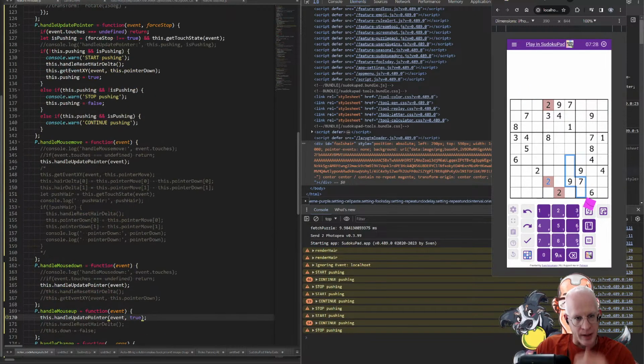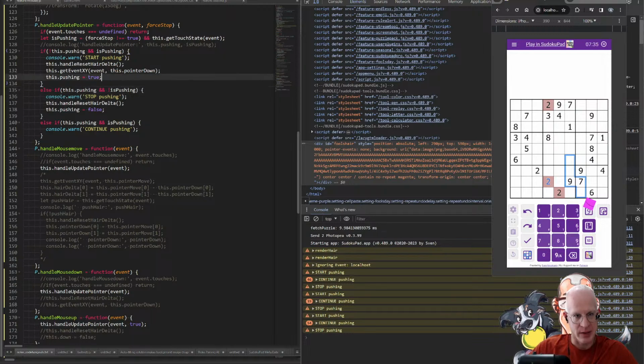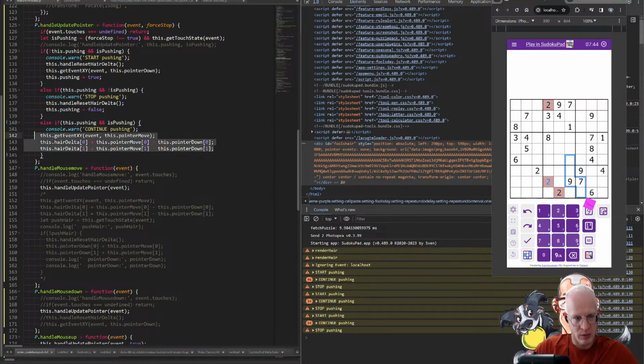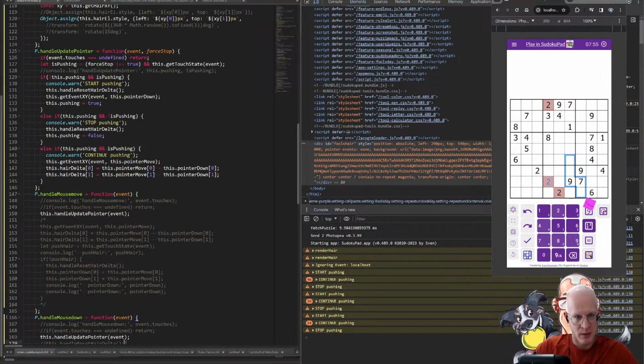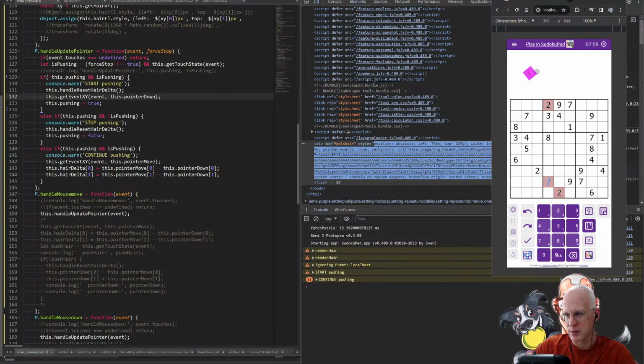Okay, and now we basically have to move all this stuff in there. So we'll do a reset delta here, and we'll do a handle reset delta here, and continue pushing. We'll do these things, right? And we do a reset on stop, and start pushing. We'll do, yeah, we have done that already. Okay, so now I should be able to